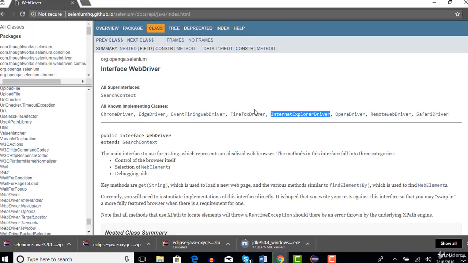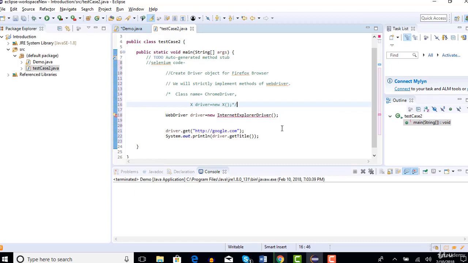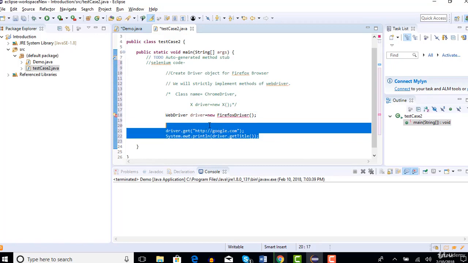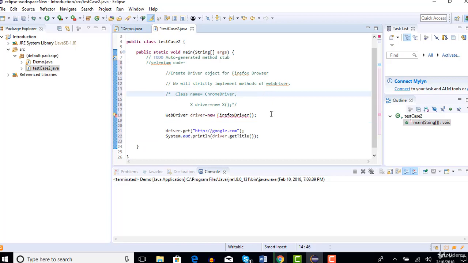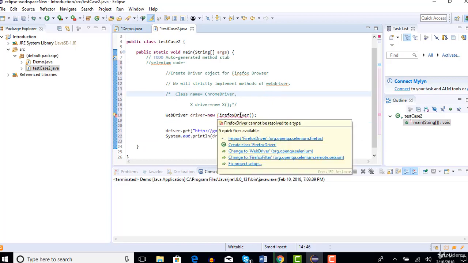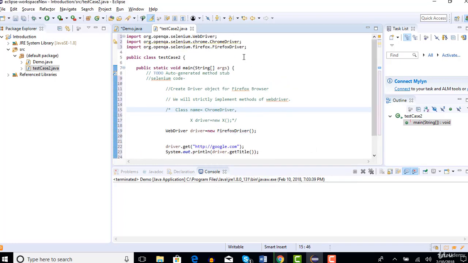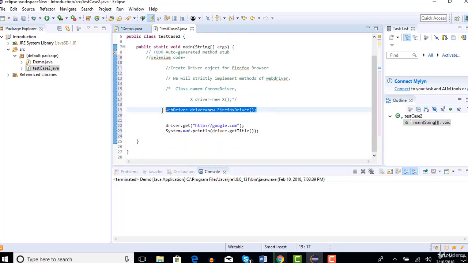Now when you run this test, the same test with the same functionality will trigger in Internet Explorer. Okay, so here I am interested in executing the same test in Firefox driver. So I'll just put this. That's all. Now you run this test and the same methods should be executing and the same result you should get like how you got in Chrome. Okay, I'll move my cursor because there is some error here. We need to import this package, Firefox driver, selenium.firefox. So that package will be imported and the error is gone.